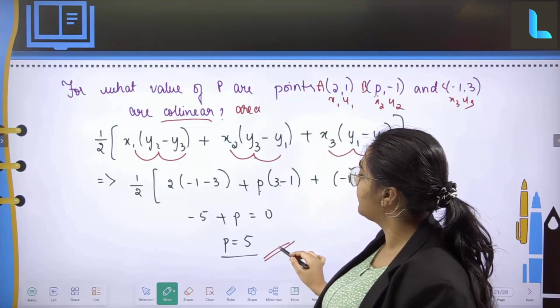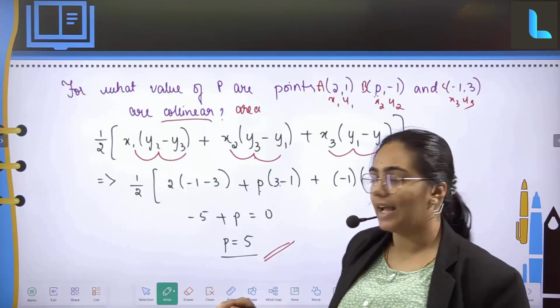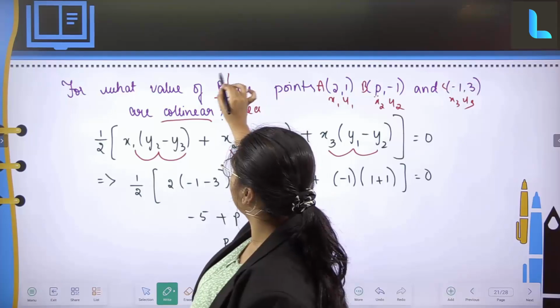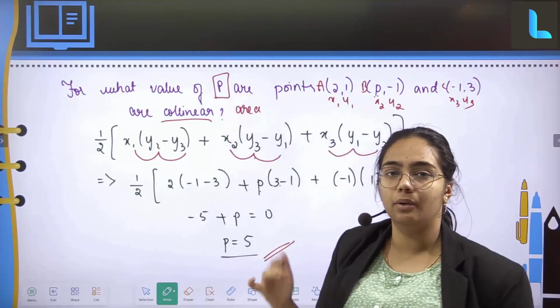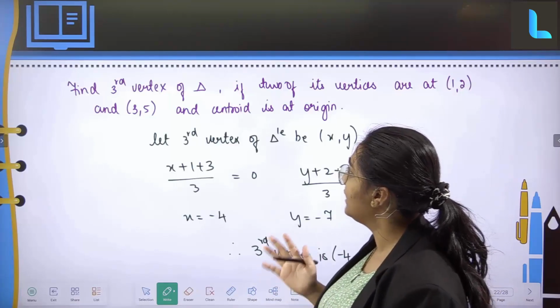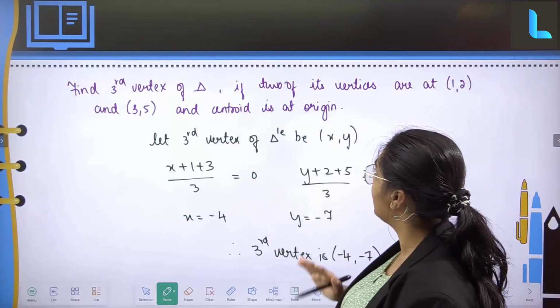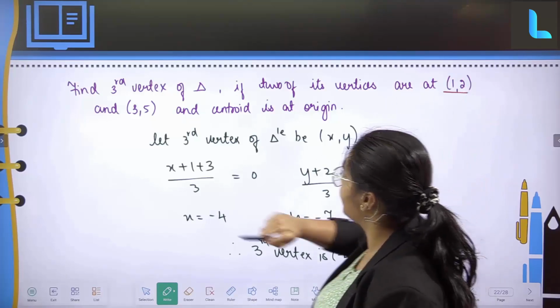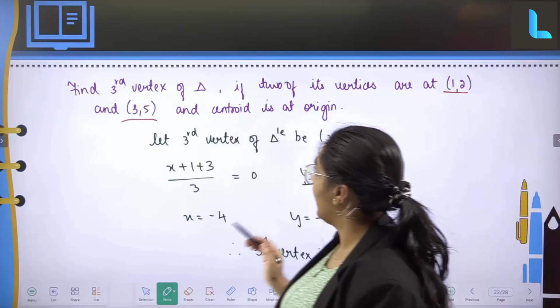So when I solve for this and substitute, I will be getting the value of p is equal to 5. Clear? For what value of p? So the value of p is going to be equal to 5. Clear? Next question. Find the third vertex of the triangle if two of the vertices are (1, 2) and (3, 5) and